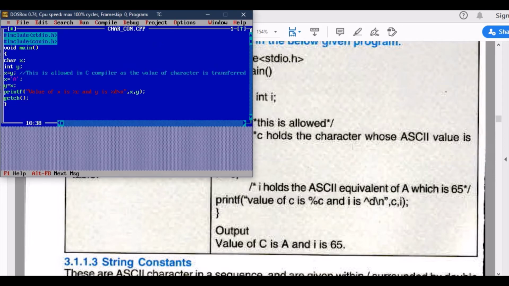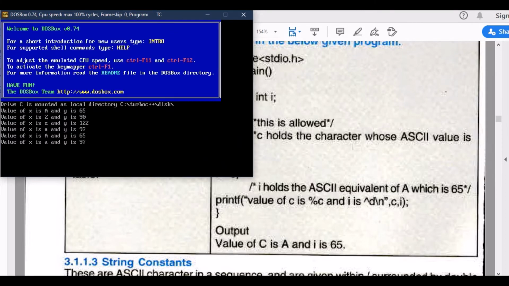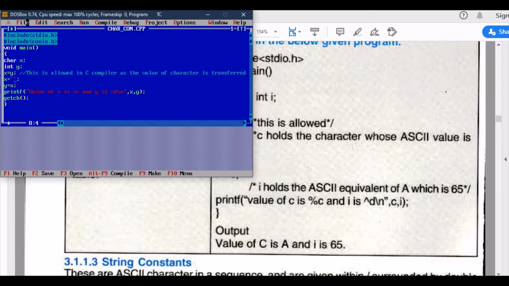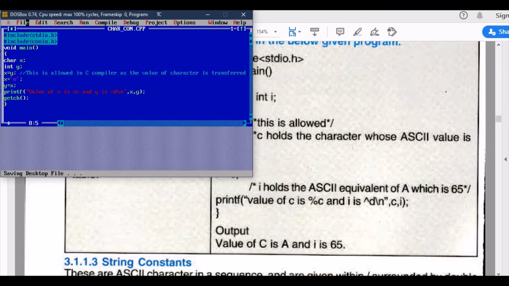Now C is case sensitive, correct? If I put small a in here, compile and then run, the value changes to 97. Let's say capital O, compile and run, the value changes.